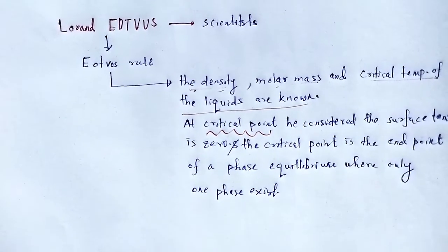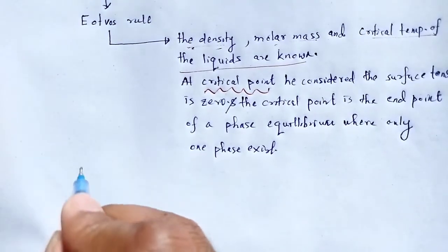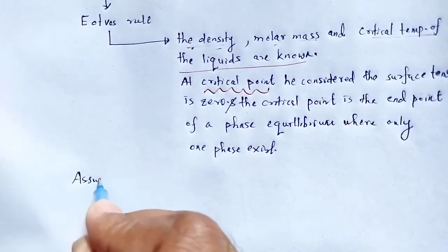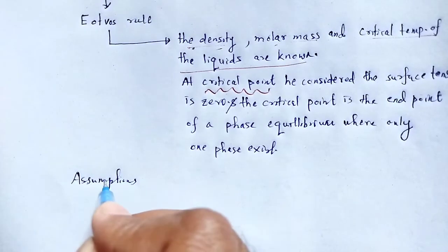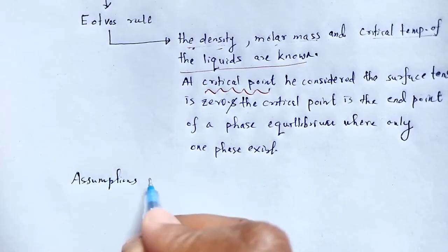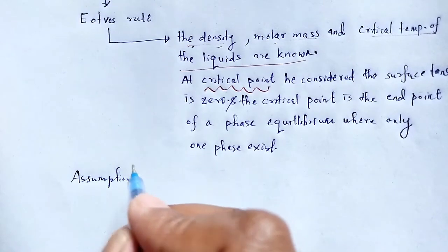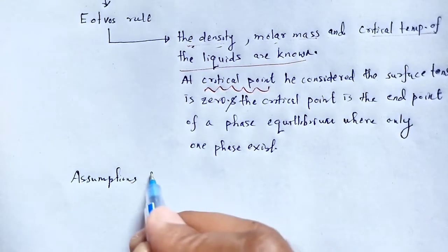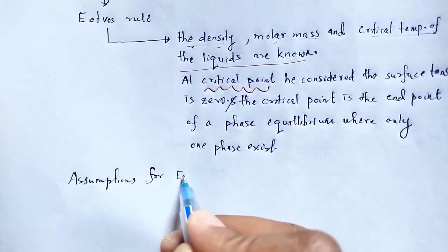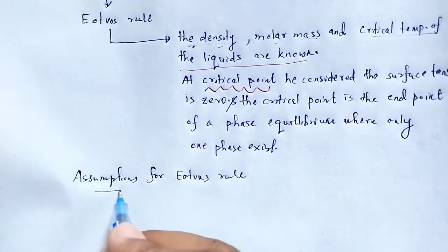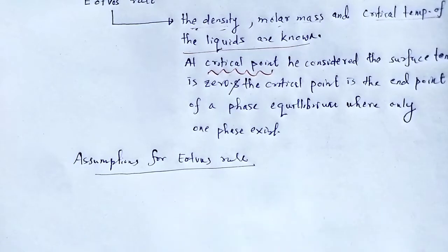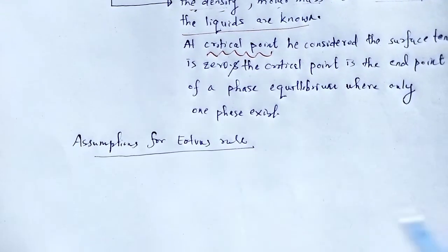And he took assumptions for Eotvos rule. To find the rule, we take two assumptions. First one,